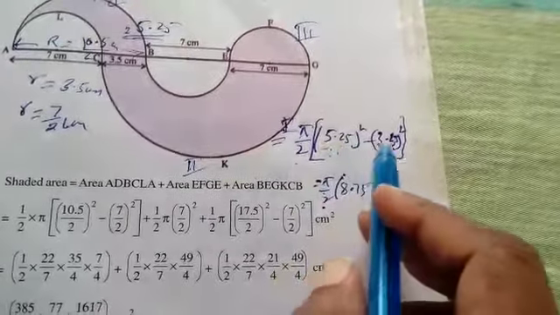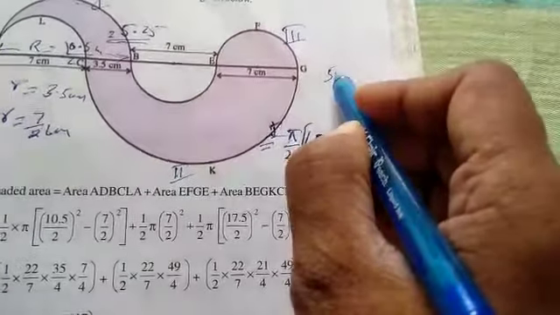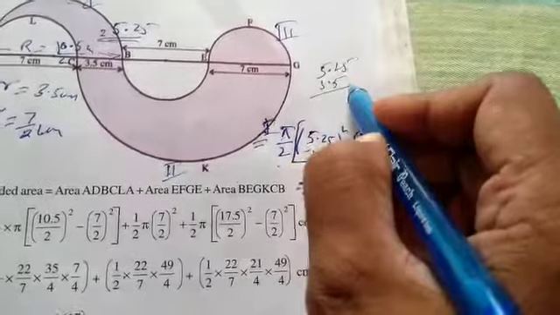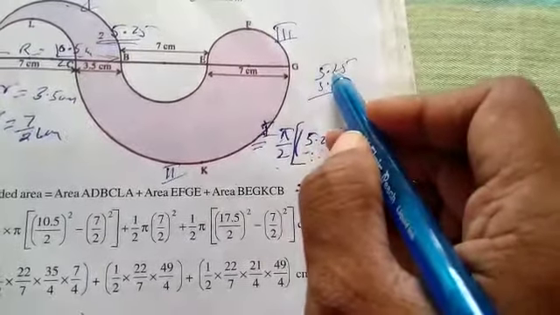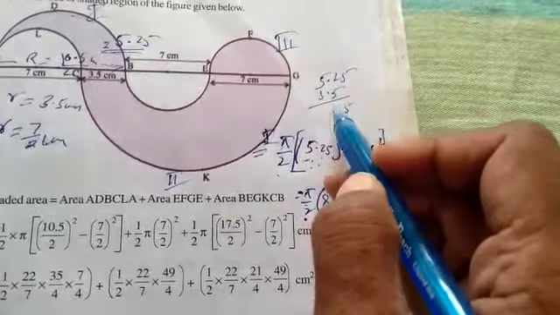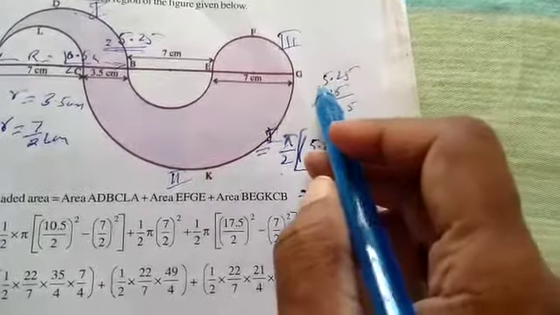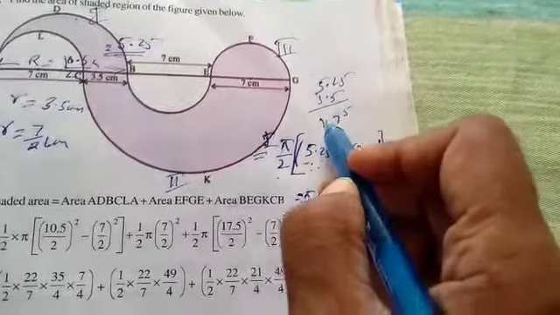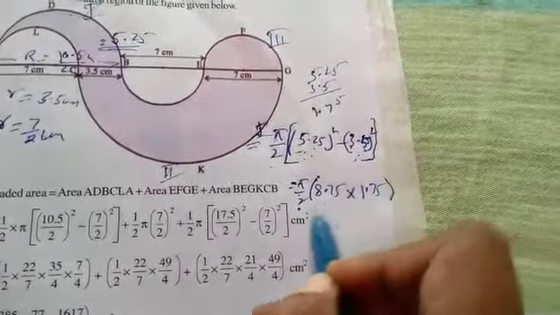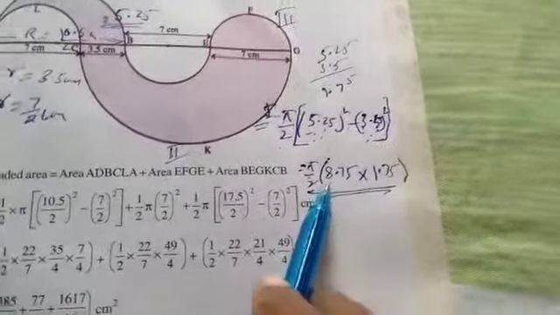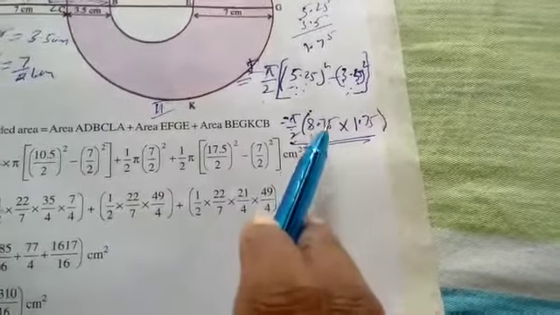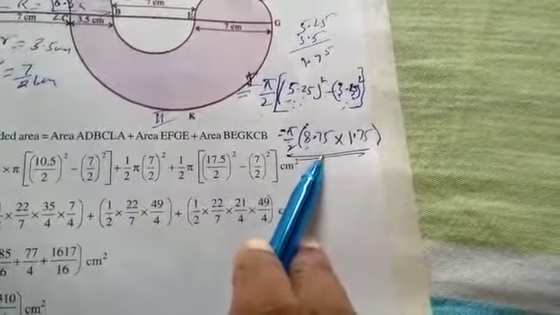So 5.25 minus 3.5. So this 5 as it is. Now 7, so you will be borrowing something. So 12 minus 5, it is 7. So 4 minus 3, 1. 1.75 into 1. See how simple it has turned out. So you can write it just like this, isn't it? Now the simplification is only one decimal point calculation here.